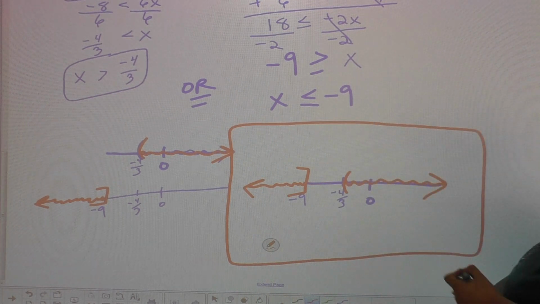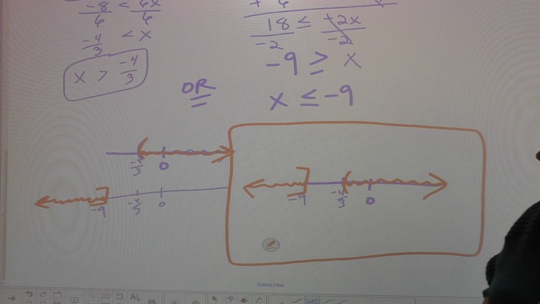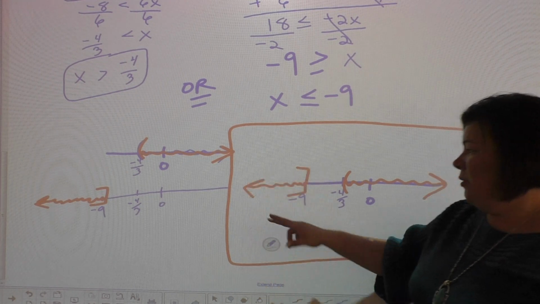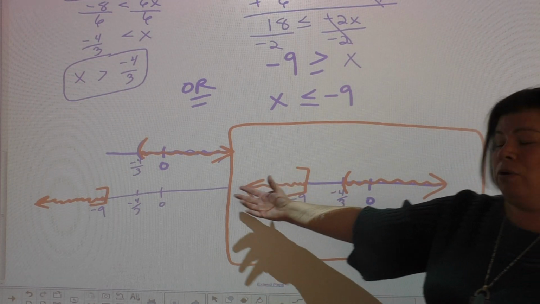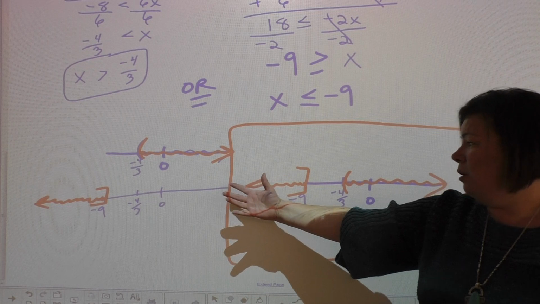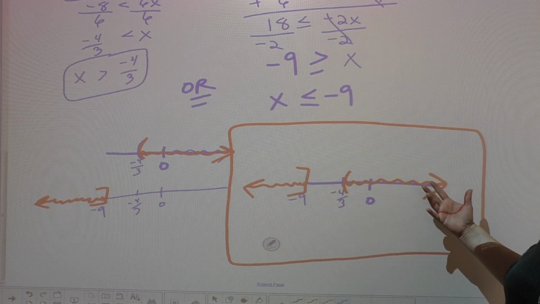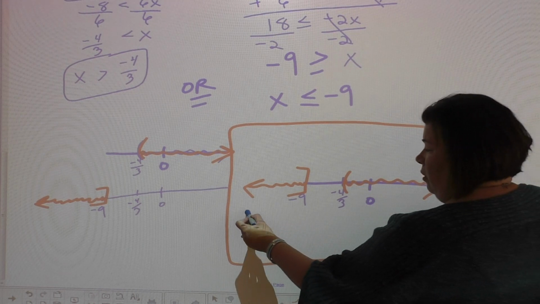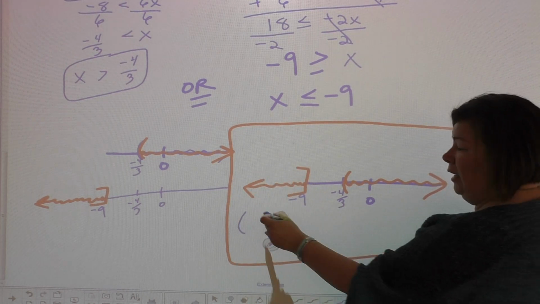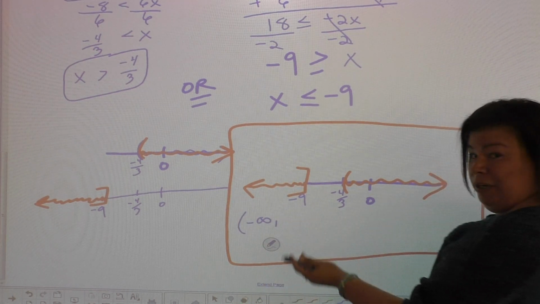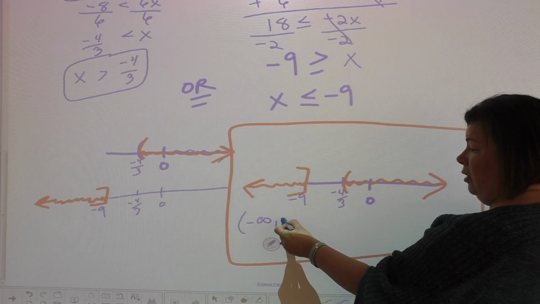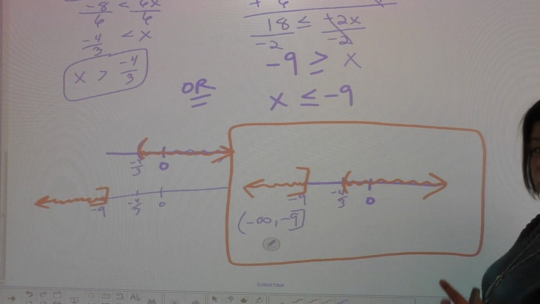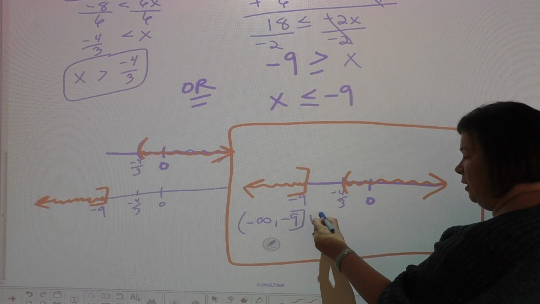Now, you have to write your answer in interval notation. So what we're going to do is write that in interval notation. And the graph actually helps us out. Notice that we go from our lowest number to our highest number, and we have some stops in between. So our lowest number is negative infinity, which is an open interval because you can never reach that, all the way up through and including negative 9, so it's a closed interval there, united with, because it's an or statement,